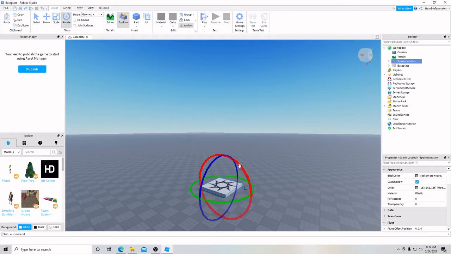And as you can guess, this will allow us to rotate this object on these different axes right here, just like that. And if I go further along,